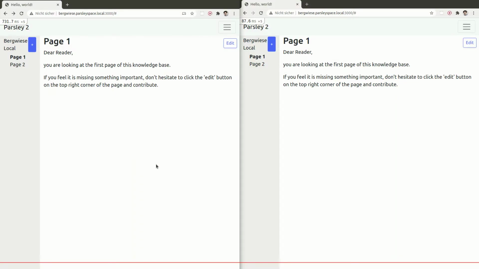1 week has passed since the last update. Let me walk you through the changes I did in the meantime. Here we are back in browser tabs side by side. You can see